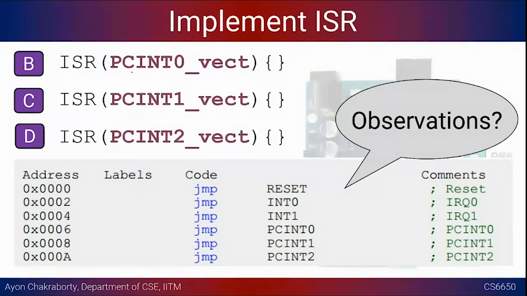So there is this PCINT0 vector, INT1 and INT2, depending on which pin raised that interrupt, coming from which port, right? You have only three of them, and these are the two separate ones, right? INT0 and INT1 were already fixed. So this is a separate kind of interrupt, and this will be only for whatever we just discussed now, right? Do you observe something, any comments you have from here?